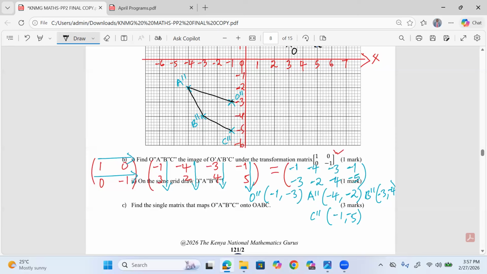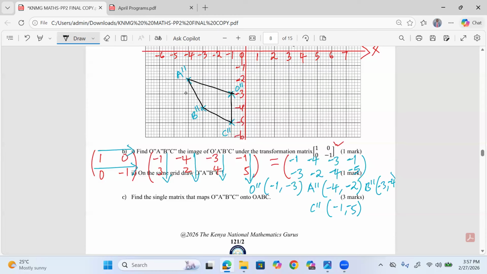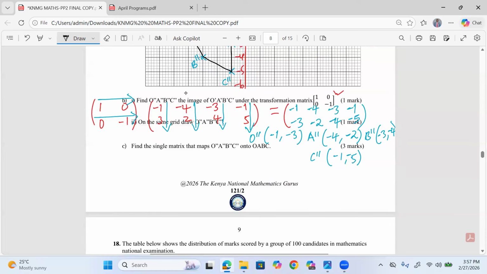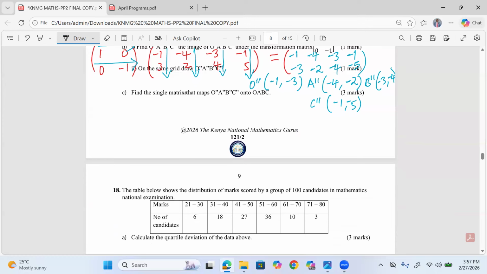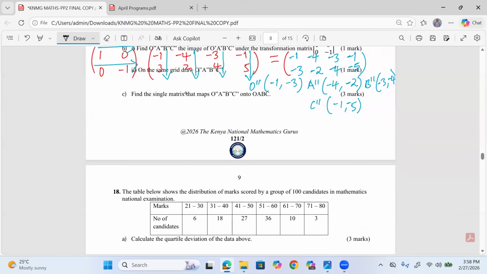This is a very easy thing. We are supposed to apply the same principle this way. We apply the same. And how do we apply that? By saying that a matrix times object should give us the image. And we are having the matrix being unknown. That is what you are finding. So the elements in our matrix, we can let them be unknowns, A, B, C, D, like that, multiplied by the last image that we are already having here,